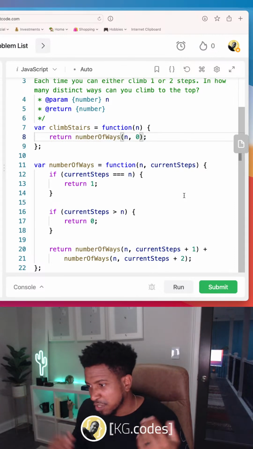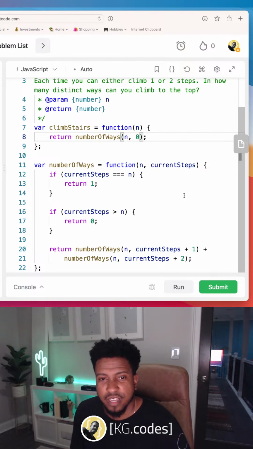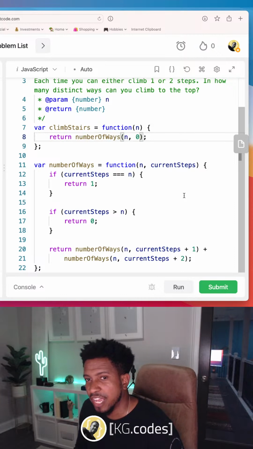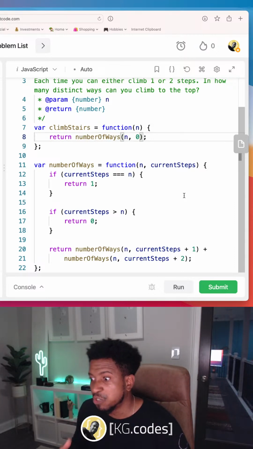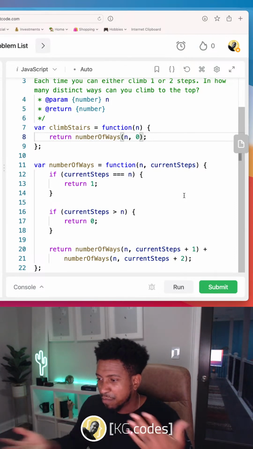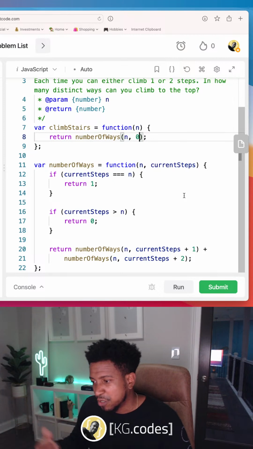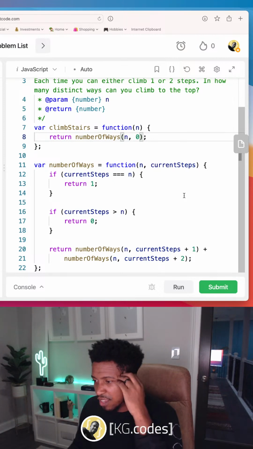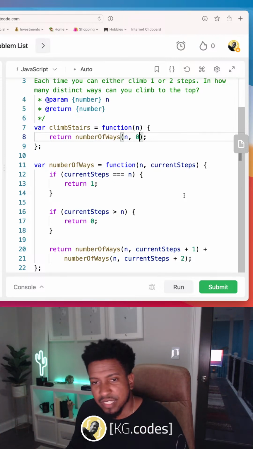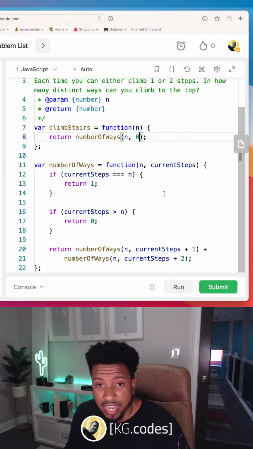That's why these problems are usually called data structures and algorithms. You can use some sort of data structure to help you solve the problem in less time and reduce the time complexity. But you're going to trade space for it, and depending on your real world scenario, sometimes space is more important than time. Sometimes it's not. But in this case, I'm using way too much time,